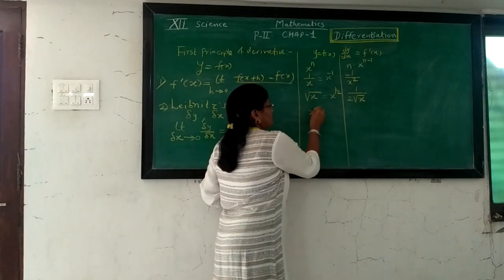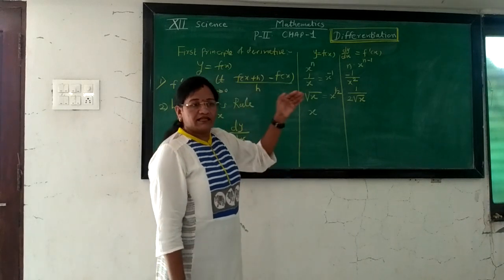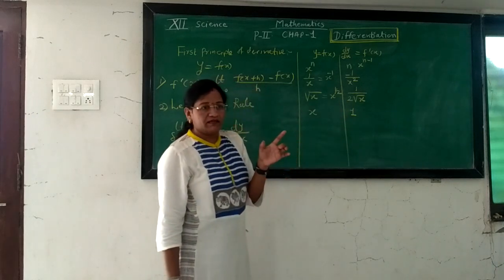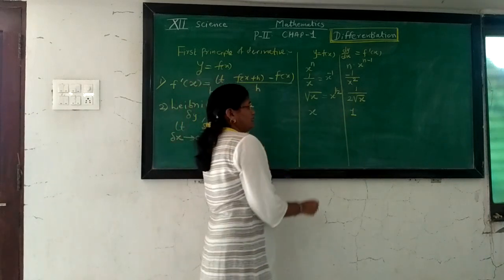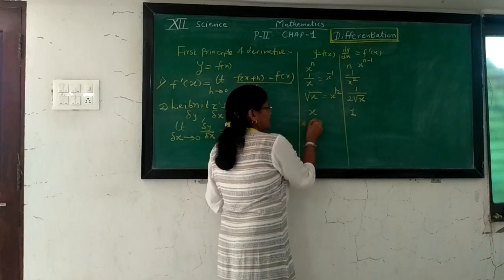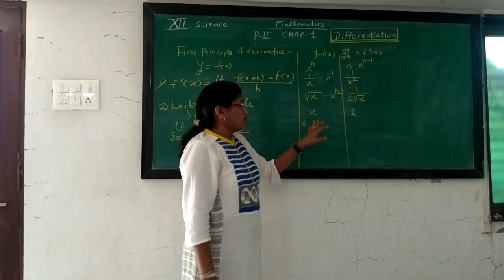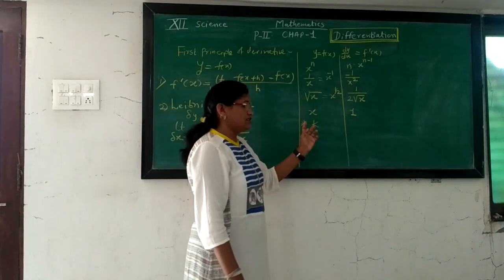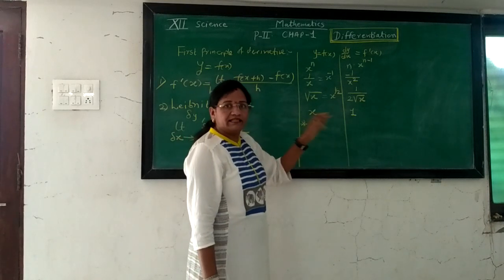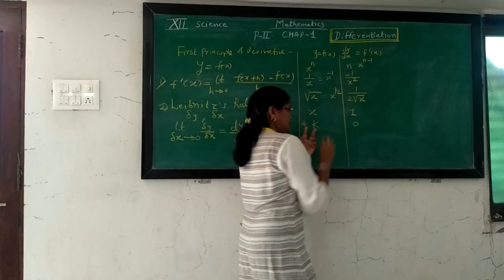Now a special rule for a particular case: the derivative of x with respect to x, meaning dx by dx. That value is always 1, because here the dependent variable is y and the independent variable is x. Therefore the derivative of x with respect to x is 1. Then suppose a or k or c, any constant, is given to you. Constant means that its value is fixed. We cannot take that value as a variable. Its value is fixed, therefore any digit can be considered a constant, and its derivative is always 0.